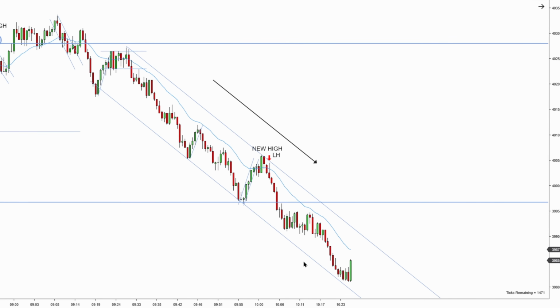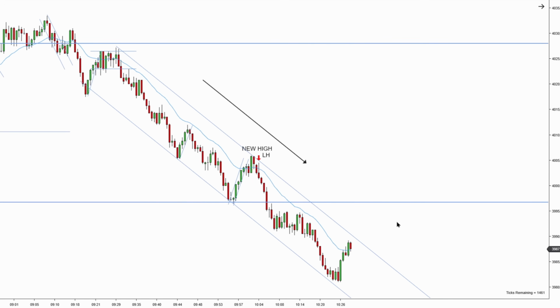So many lower highs, lower lows. EMA is pointing straight down. We completely ignored basically the low of the day. We bounced here once, but we sliced through like it's not even there. We have a new low, first entry short, pullback, second entry short, but it's formed above EMA